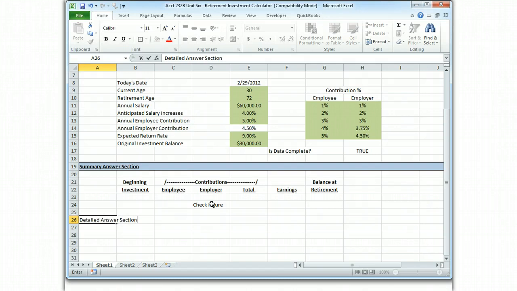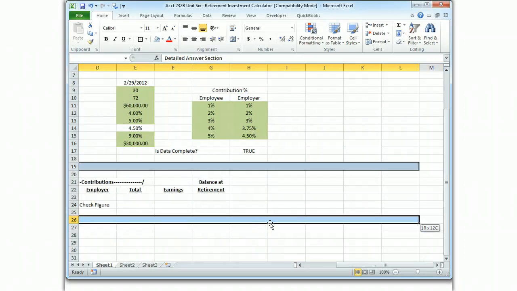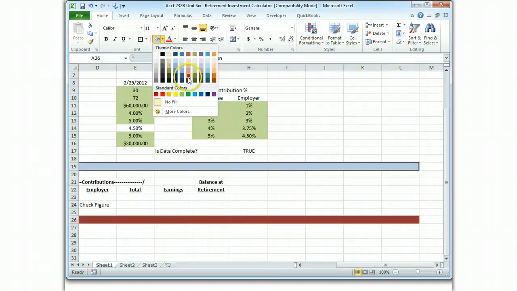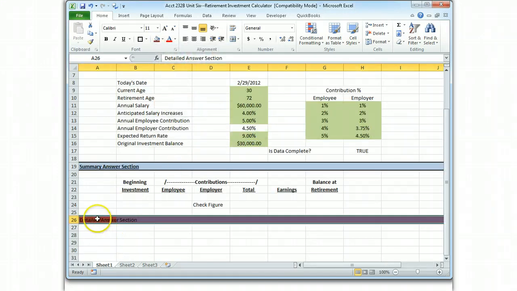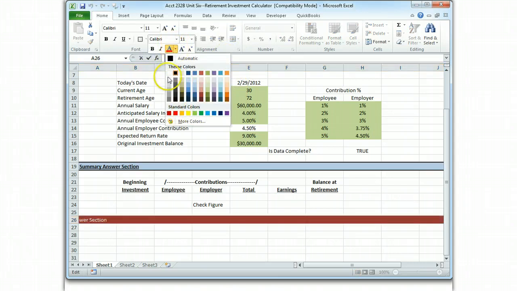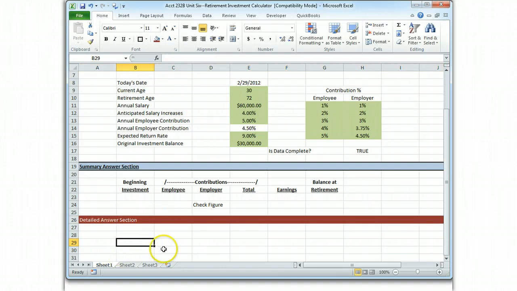detailed answer section. And we're going to do a little bit of a different format here because, as you know, when we do tables, we can format them with the banded rows, and I want to do that on this table. So that means I want a very dark color here. I'm going to pick, let's just do a, sorry, while I pick my red there. And since I can't read what that says, I'm going to take this text and I'm going to change it to white. So now I have my detailed answer section, and I'm going to hopefully use the same colors in